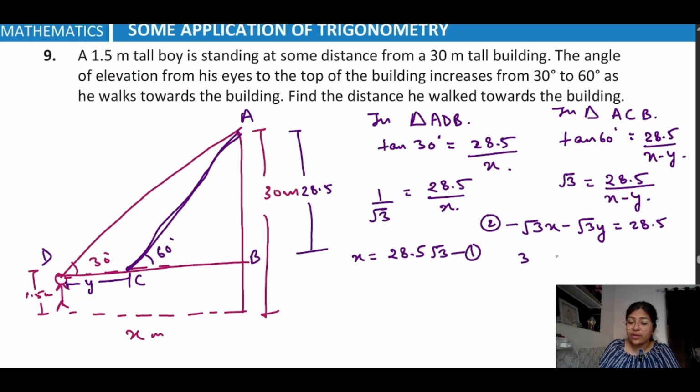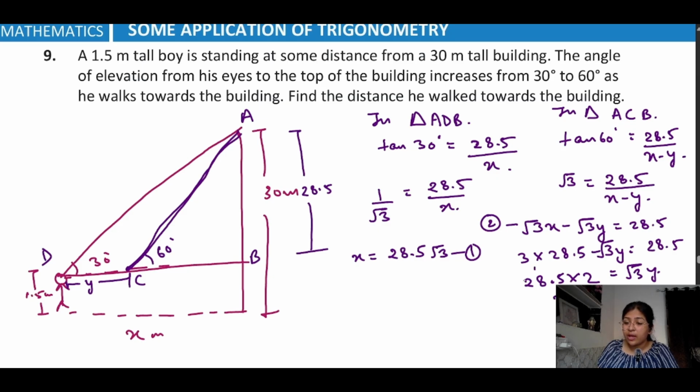So you will have 3 into 28.5 minus root 3y is equals to 28.5. So 28.5 into 2. Now you can do the calculation. Okay, so it is 3 minus 1, that is 2, and this root 3y is transposed to the RHS. So it is going to be 57, and this is 57 divided by root 3. So the value of y will be 57 root 3 by 3, that is